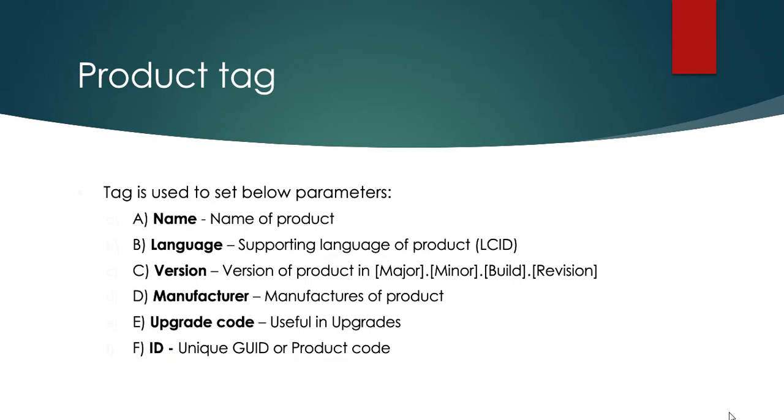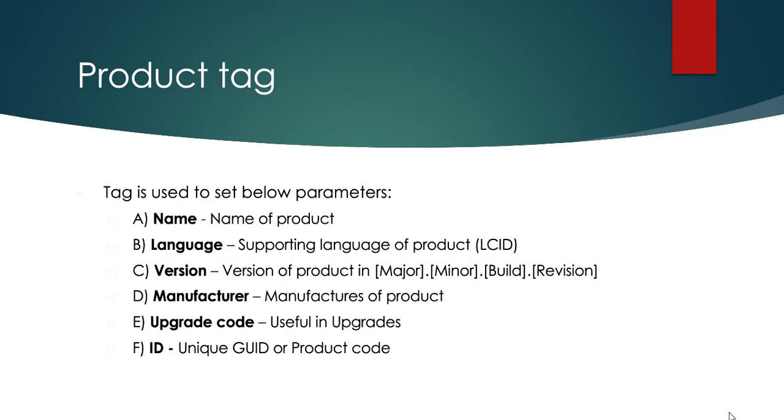The Version is used in order to determine which version of the software is being installed on the system. Generally, the format of this version is major.minor.build.revision. With the help of these numbers, we can determine which version is being installed, and if we are upgrading the system, which version we are upgrading with. With these two things, WiX can know what to do next with the upgrade or with the installation.